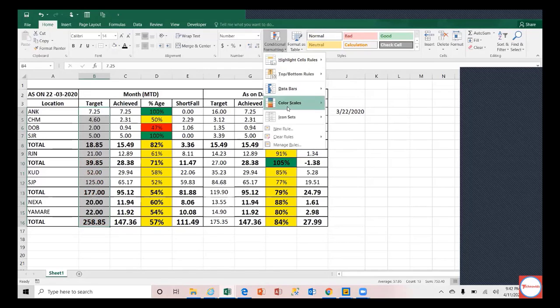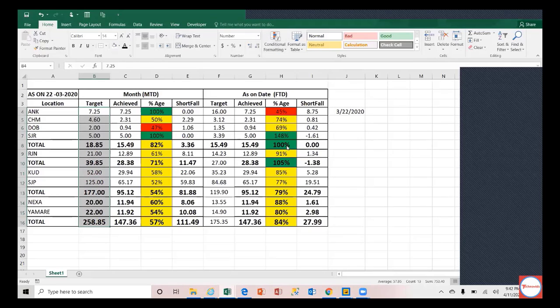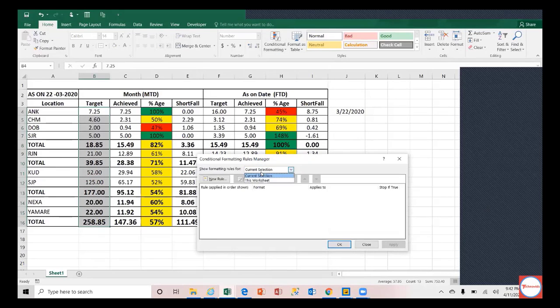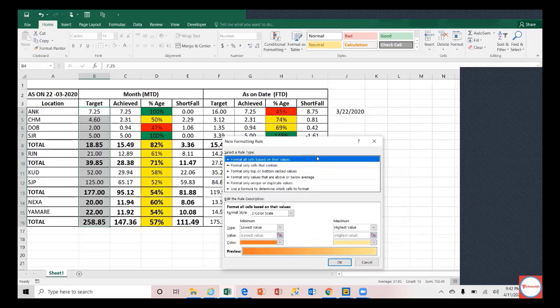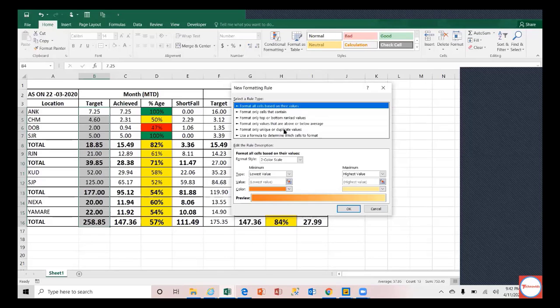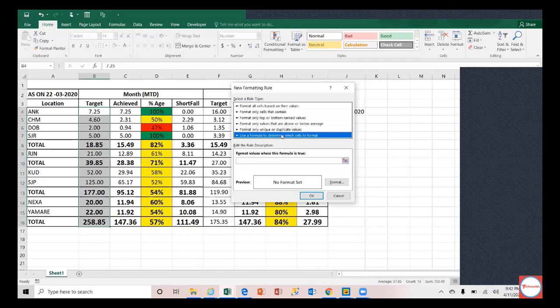Now there is an option here. You can come up with your own rule also. That is manage rules. You can come up with your own new rule. And the last option available here is to apply the conditional formatting using a formula.